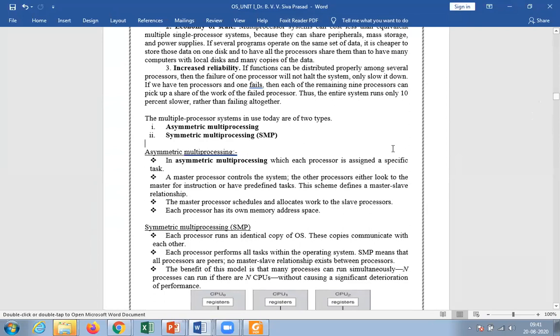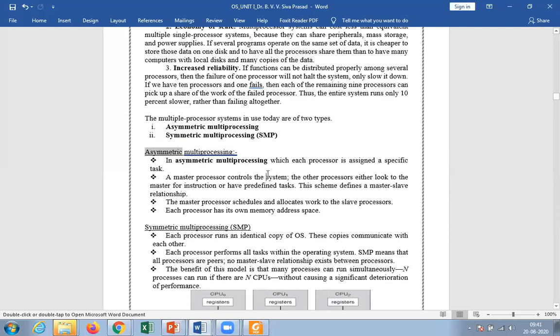Symmetric multiprocessing systems and asymmetric multiprocessing systems. First one, the asymmetric multiprocessing system. The name itself says asymmetric. In asymmetric multiprocessing, each processor is assigned a specific task. There is no symmetry between one processor and another processor.